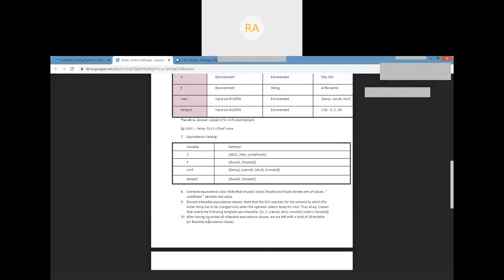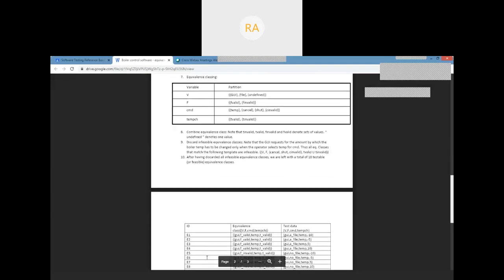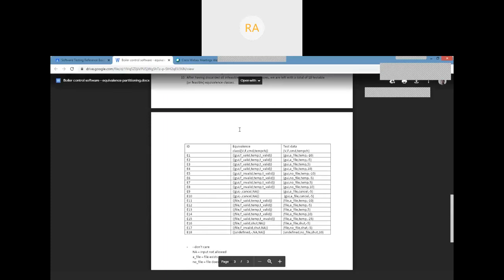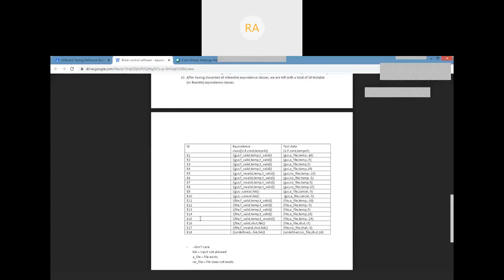Out of 120, how many are gone? 1 or 2 are infeasible. I cannot generate such equivalence classes. So which are the feasible equivalence classes with respect to boiler control software? I have written here. I'll be arriving at totally 18 equivalence classes which are feasible.